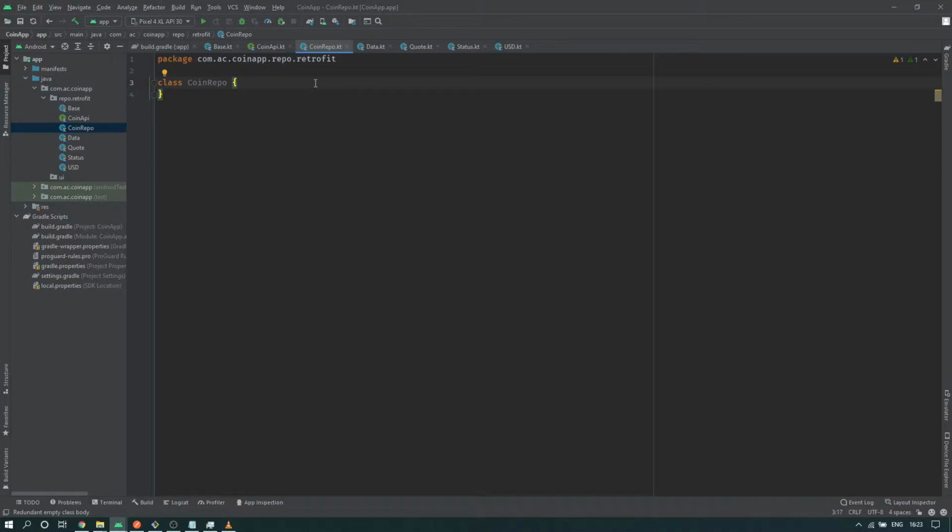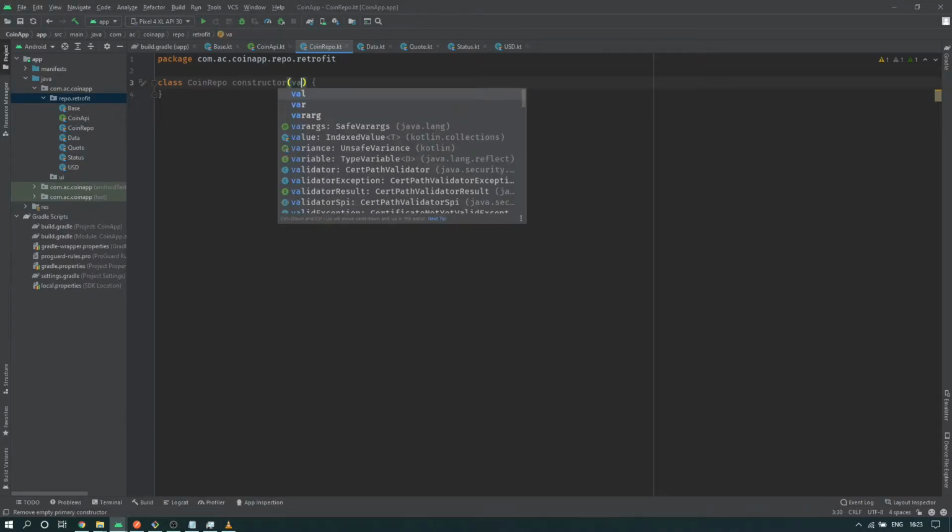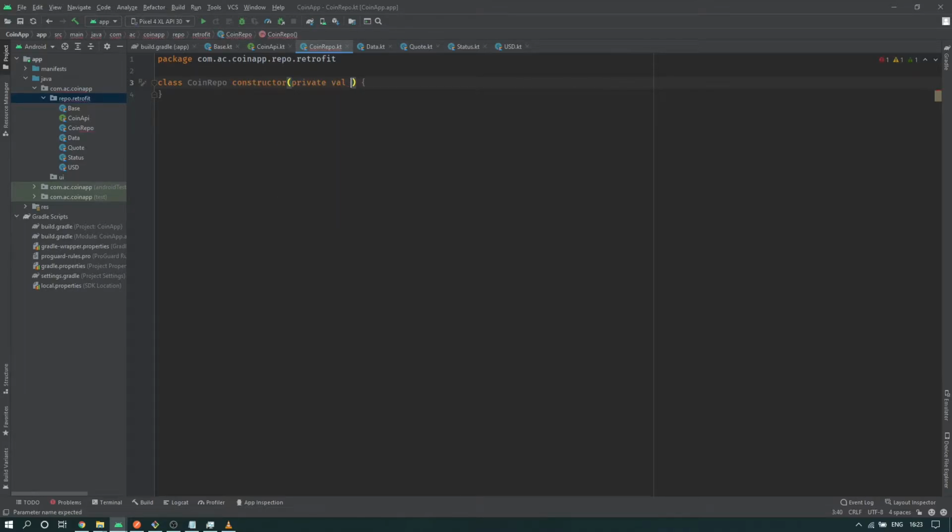and here we're going to use dependency injection to get the coin service, coin API. So here I will pass coin API as a parameter, as an argument to the constructor. So we'll have a constructor, which will get private val coinAPI of type CoinAPI, and then